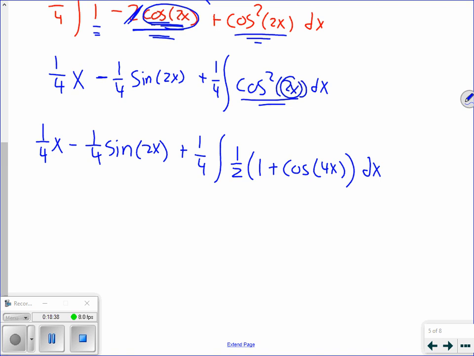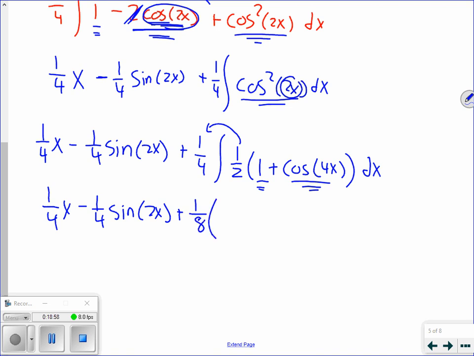All right, now I'm probably going to bring the 1/2 out again, and then I can integrate 1, and I can integrate cosine of 4x. Let's go ahead and do this. So we got 1/4 x minus 1/4 sine of 2x plus 1/8,